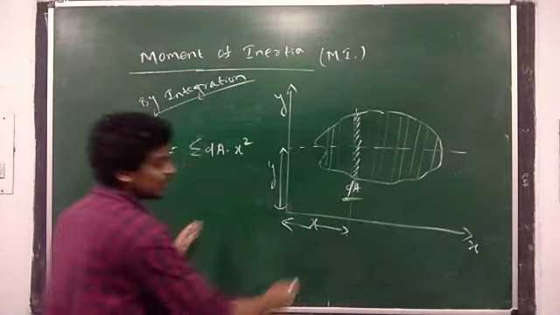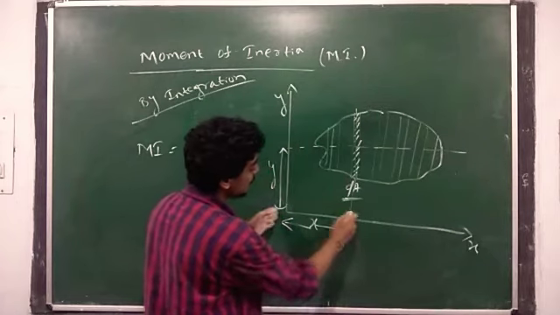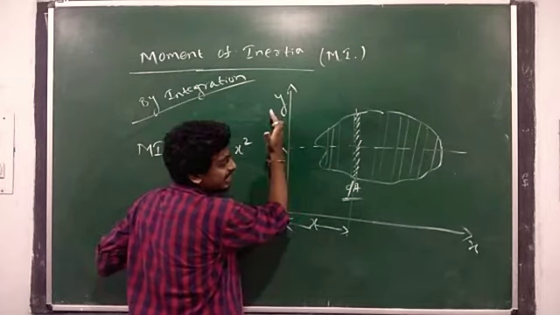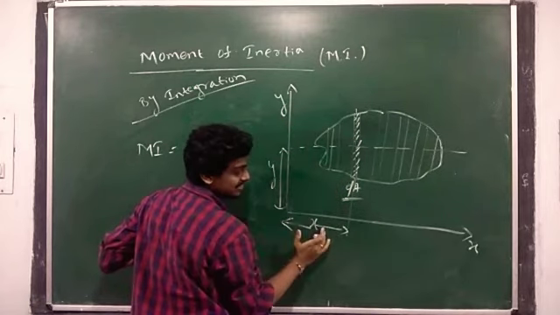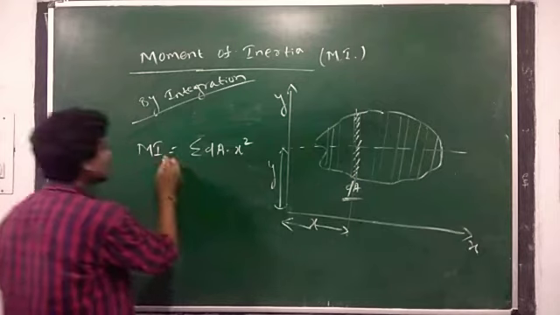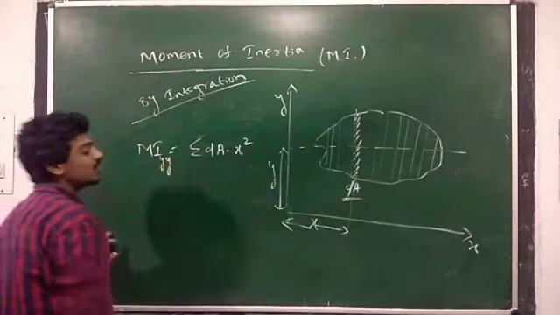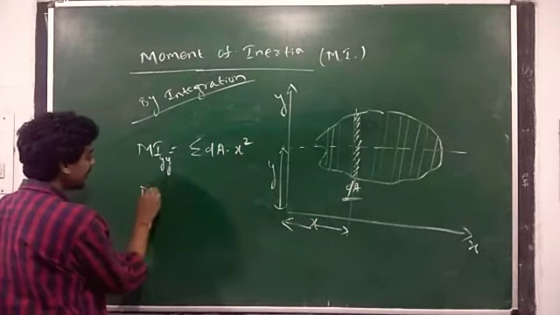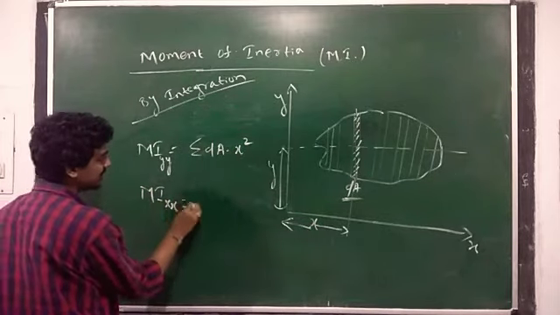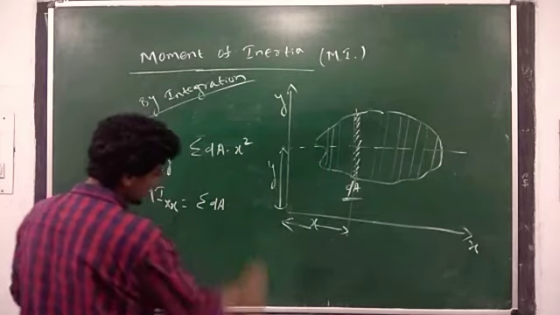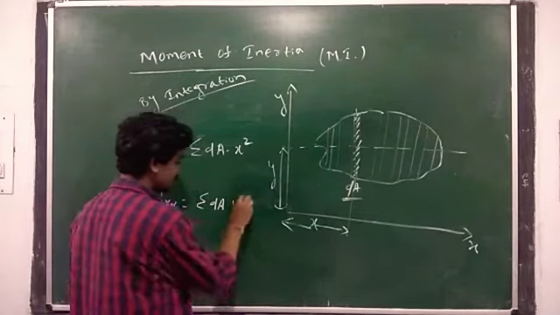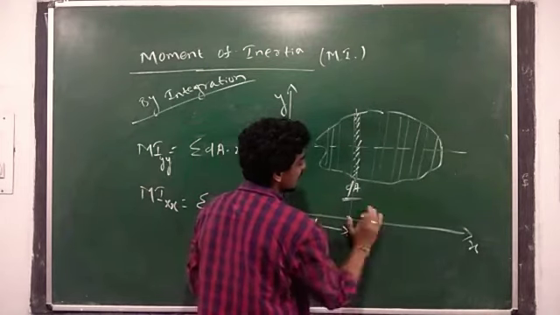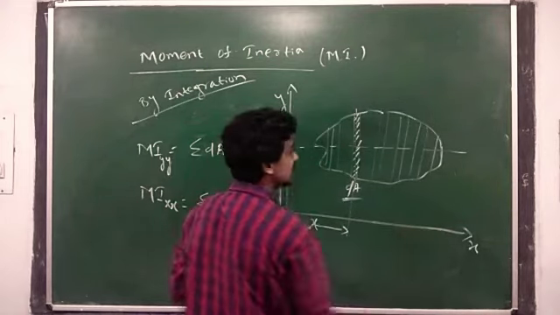suppose integrating this one, I am writing summation because same thing, summation here, integration, that is dA into x square. So if I am writing x square, it will denote the moment of inertia about y axis because it is perpendicular to the x direction, this line. So moment of inertia I can write about y axis. So you can write x distance here. So someone will ask how to calculate x distance. Same thing, the summation of the total area into y square, because y bar, that is y direction distance, is perpendicular to this x direction moment of inertia.